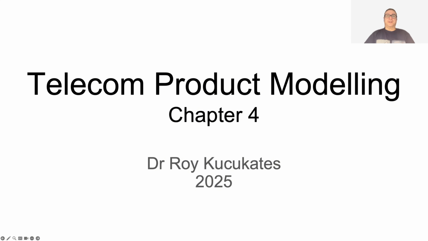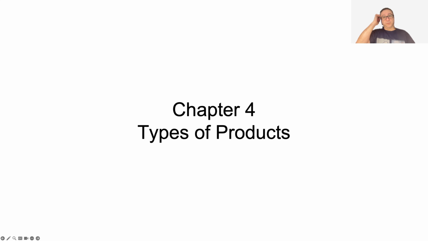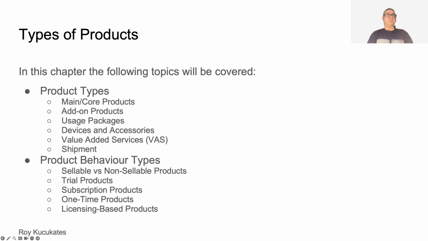Today's topic is types of products, chapter 4, where we will be learning the product types: main core products, add-ons, usage packages, devices, accessories, the VAS services, the shipment, and we'll have a behavior grouping of the products: sellable or non-sellable, trial, subscription products, one-time products, and license-based products. Let's start with the